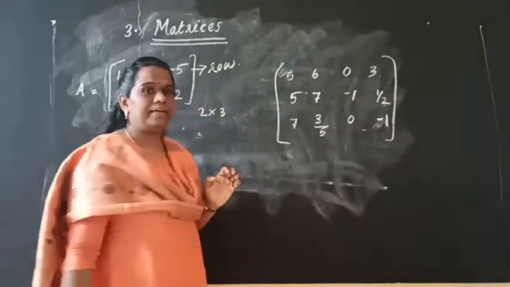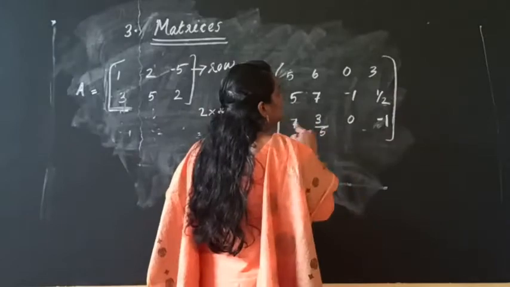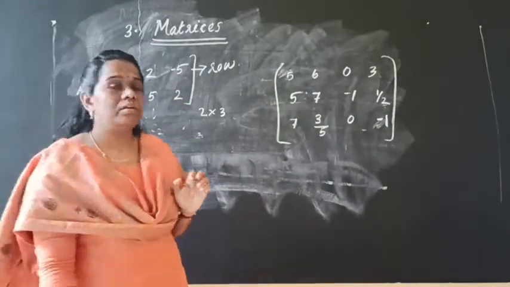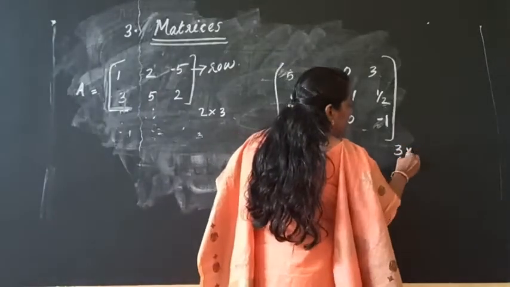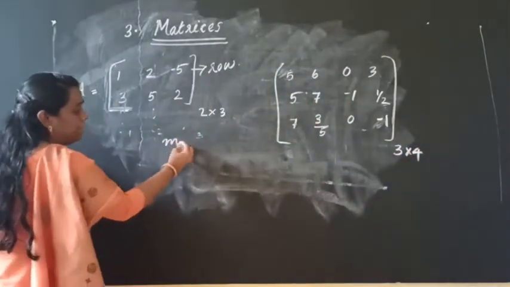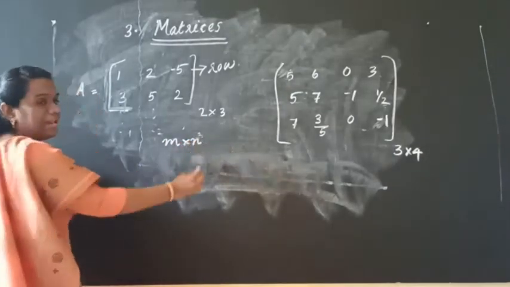How many rows are here? How many rows? 3. 1, 2, 3. How many columns? How do we write the order? 3 by 4. So, similarly, a matrix having m rows and n columns can be written as m by